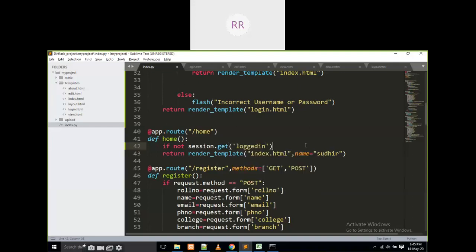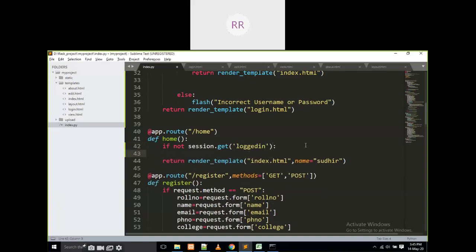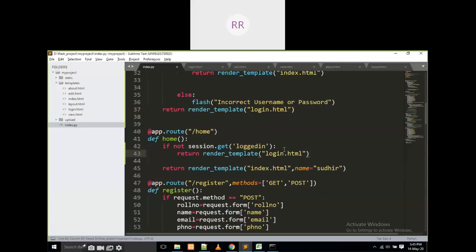If it is not true, then I am going back to the login.html page. For example, I copy it and paste it here, login.html. If it is true, there is no problem to write an else statement here.